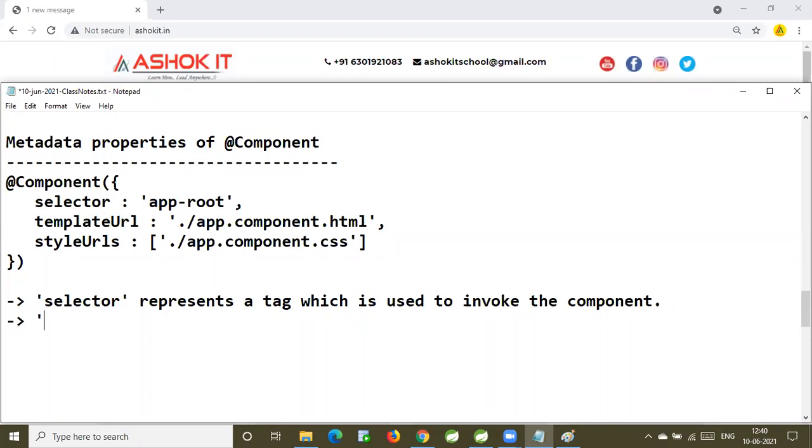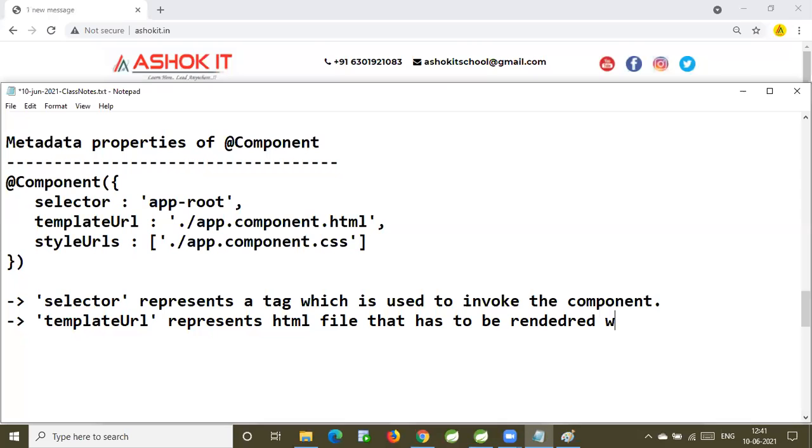Next one, templateUrl. TemplateUrl represents the HTML file that has to be rendered when the component is invoked.